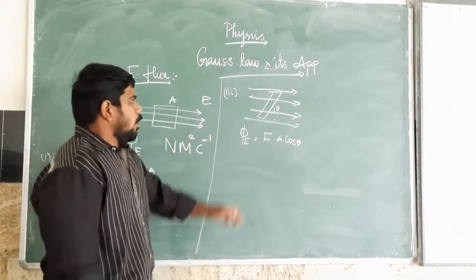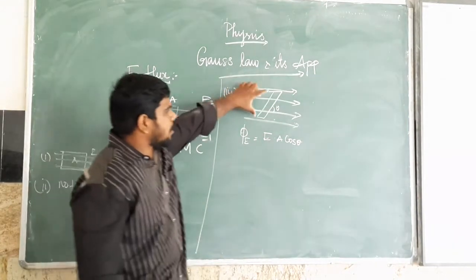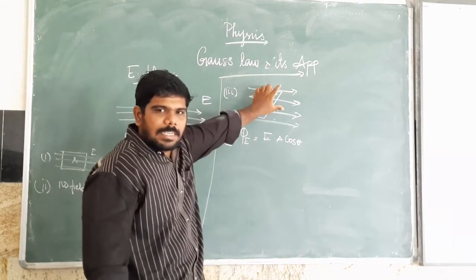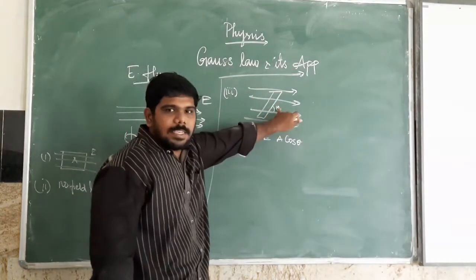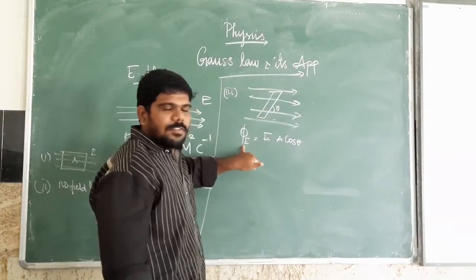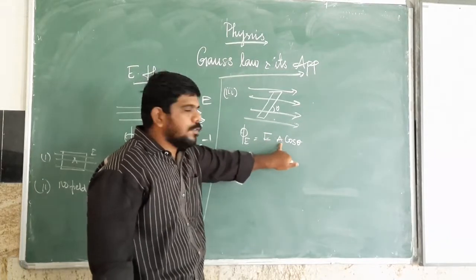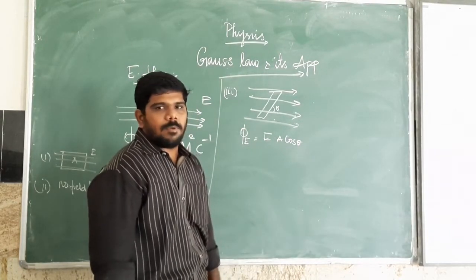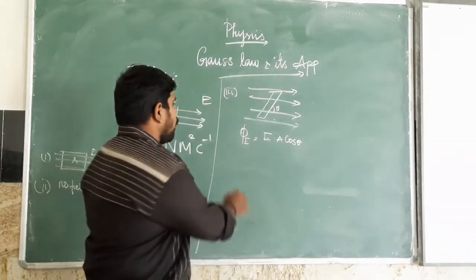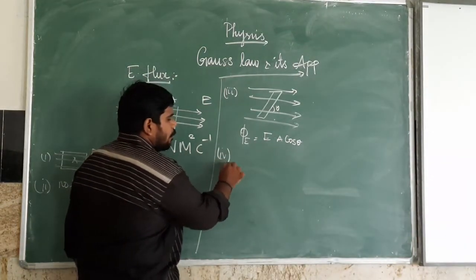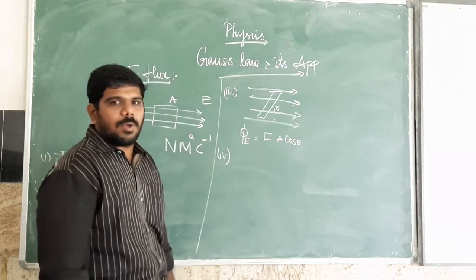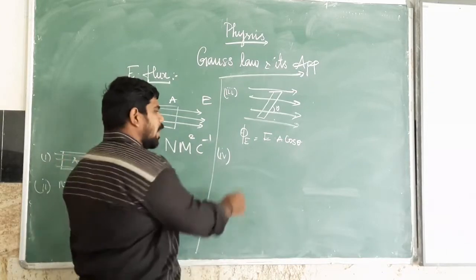Clear? So what is the third point? If a surface is placed in a uniform electric field at a particular angle theta, then the electric flux phi of E is equal to E into A cos theta. Okay, clear? Then fourth point, if we take a surface as an